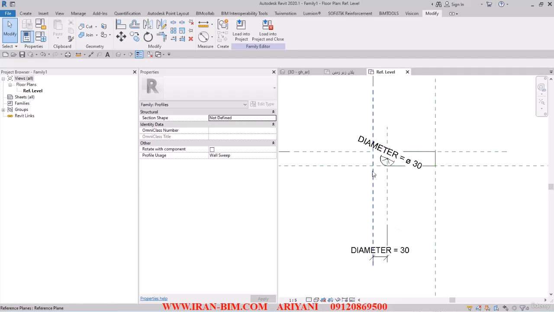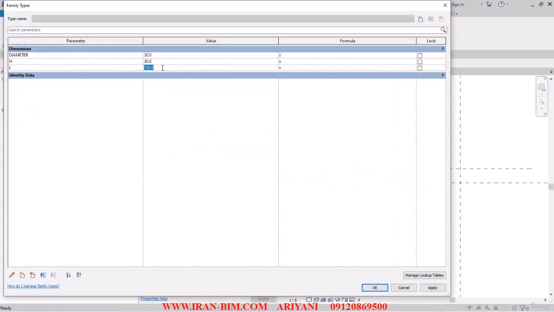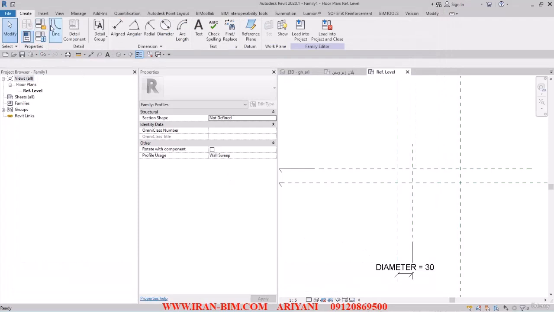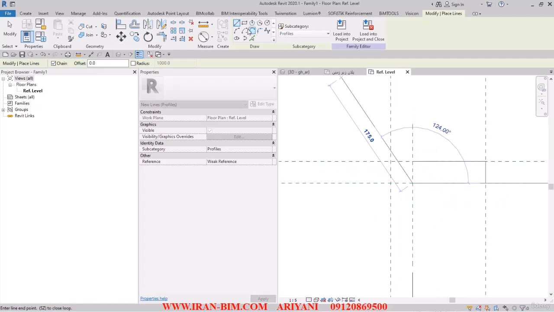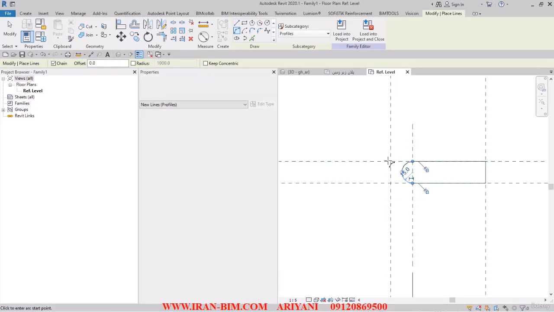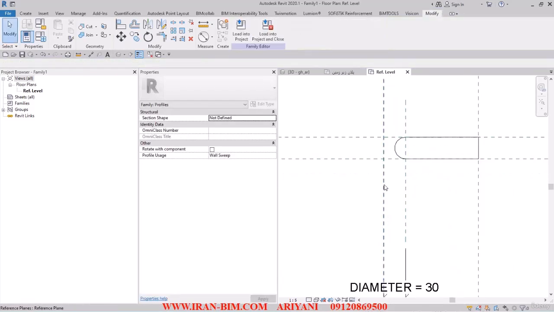So let me just delete this one. And then let me just go to the family types again. I think the dimensions are fine. So okay here. Then I go to the line section. Then connect this one to this. And then to this again. Then using this, I'll just connect them again. So there we go. And after I've done that, let me just go back to the family types and then